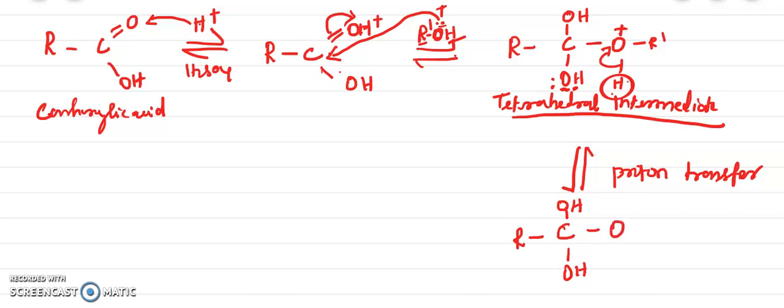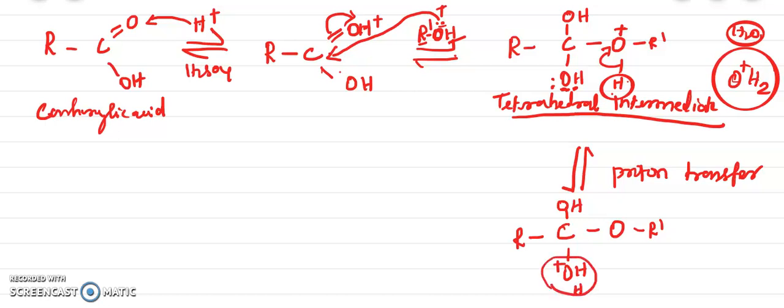So here the oxygen atom is retained, and here there is attachment of R dash. The hydrogen group is eliminated. It is O plus H2, eliminated as a water molecule. It is an ion, a cation, right? So O plus H2 is converted into neutral H2O, and it is getting eliminated. This is what is happening. So write like this: this hydrogen and this OH also get together, and it will be eliminated.